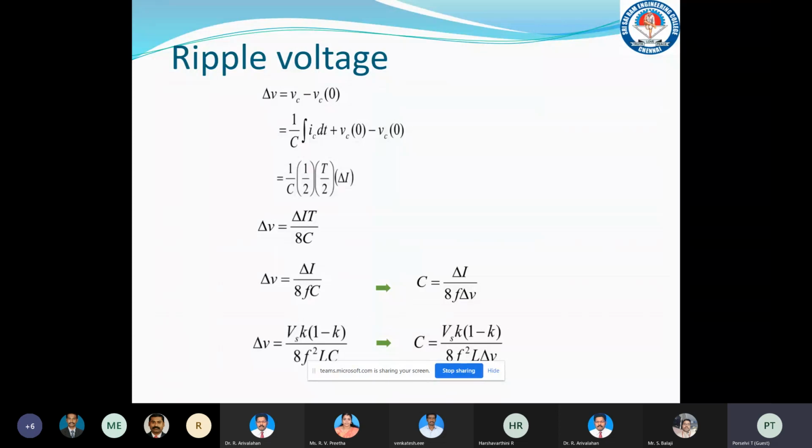While choosing L and C after designing these things, in order to have continuous conduction, we have to choose L and C in such a way that the chosen values of L and C should be greater than the critical values of L and C. That is the thing which I have not covered here, but I thought I could tell it orally.